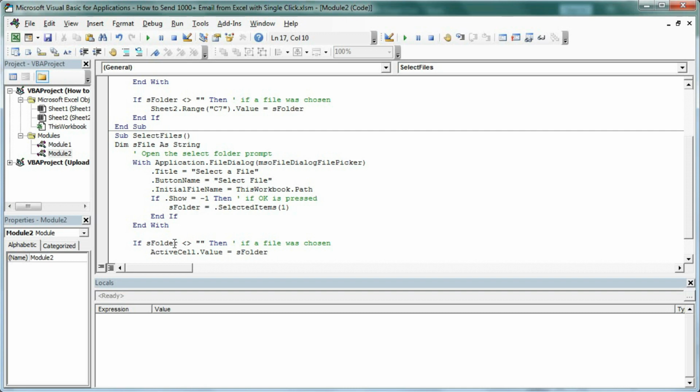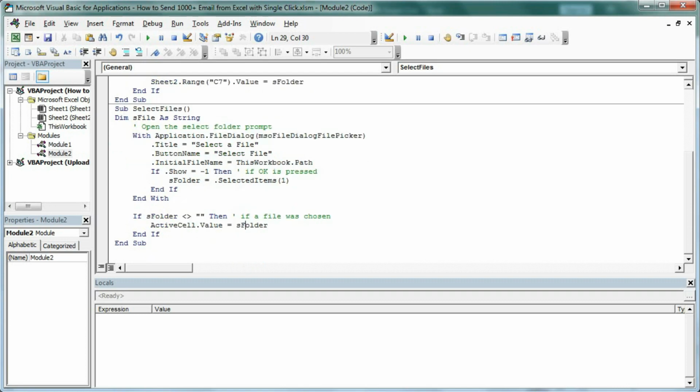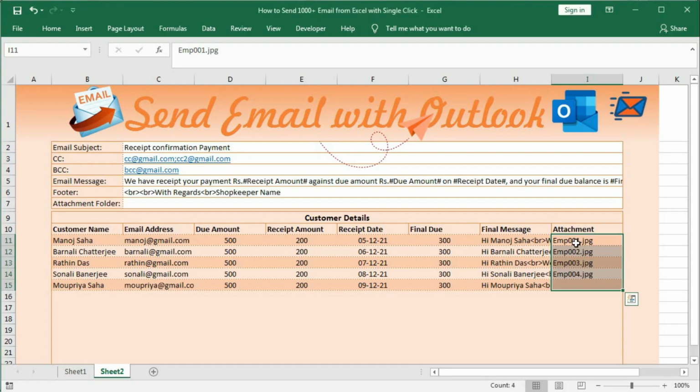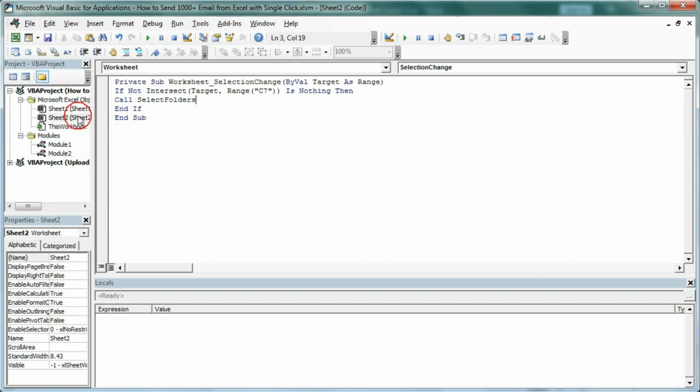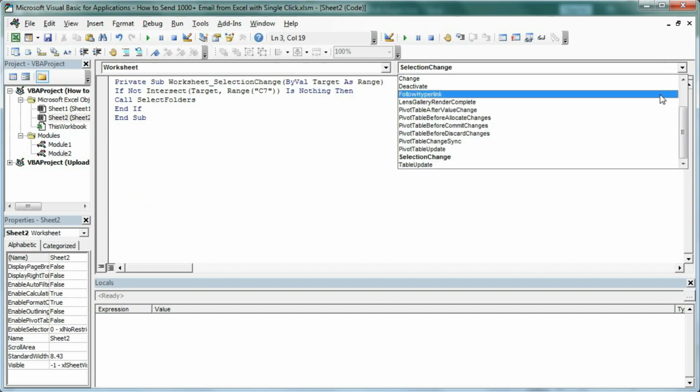But if sFolder value is not equal to blank, that means we have selected a file, then ActiveCell.Value equal to sFolder. So if I click here, then this is the active cell. So this cell's value will be the sFolder's value, and for that here we will use double click, not the selection change.